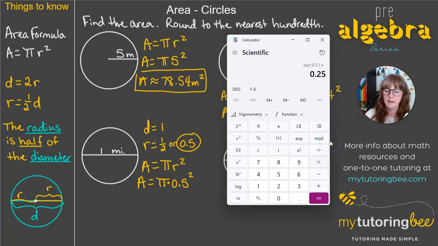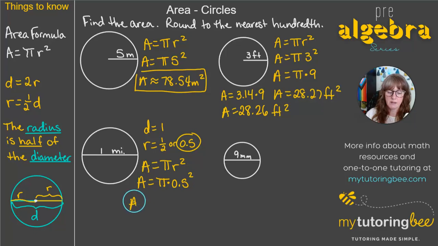And then I'm taking that and multiplying times pi. So we get, that's pi. So when I hit equal, we get 0.785. So again, we're rounding to the nearest hundredth. So that 5 is enough to bump us up to a 9. So we get 0.79. So our area equals